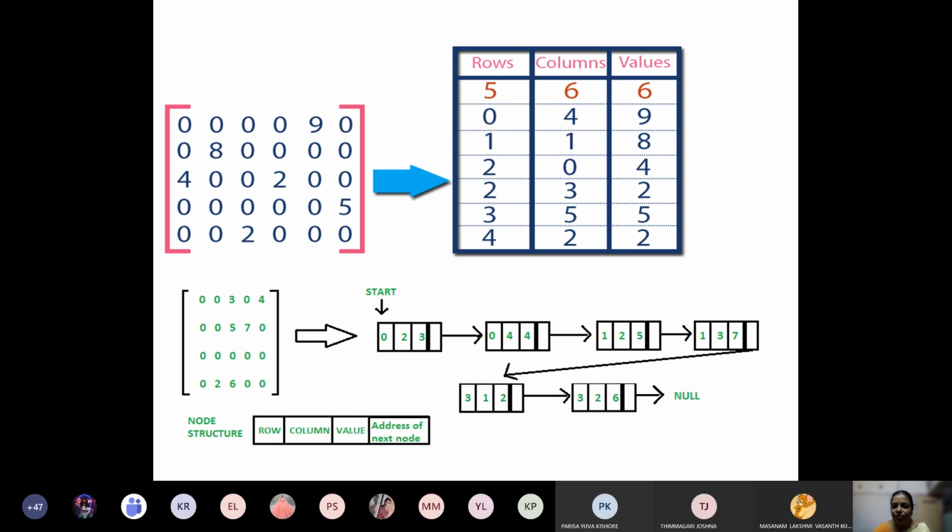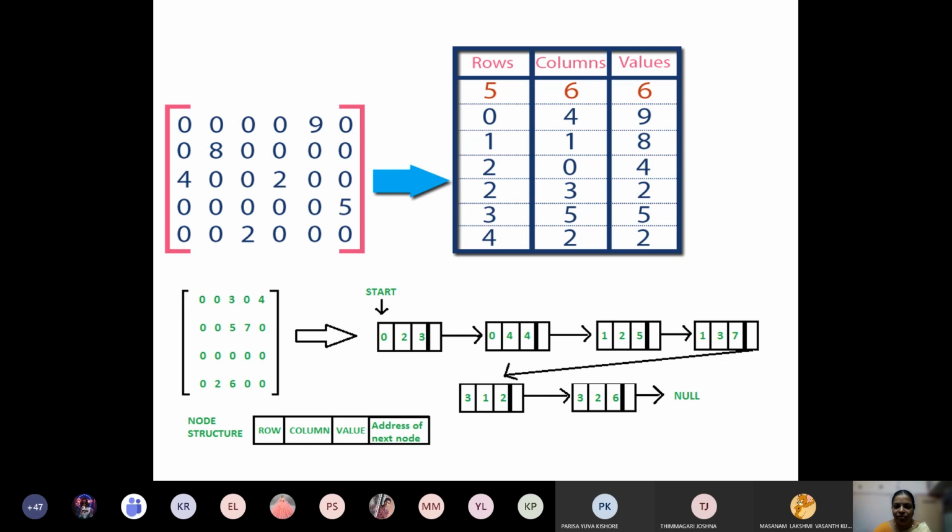This is the triplet. Here is a sparse matrix with 5 rows and 6 columns. In the first row we have only one non-zero value, 9, at the first row, 5th column.